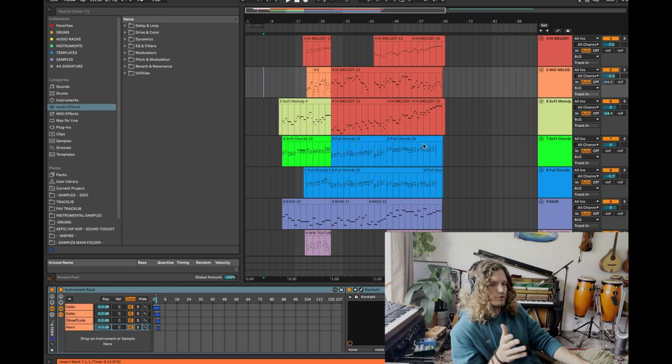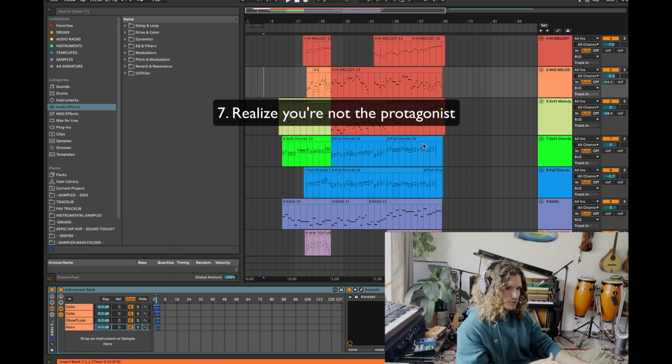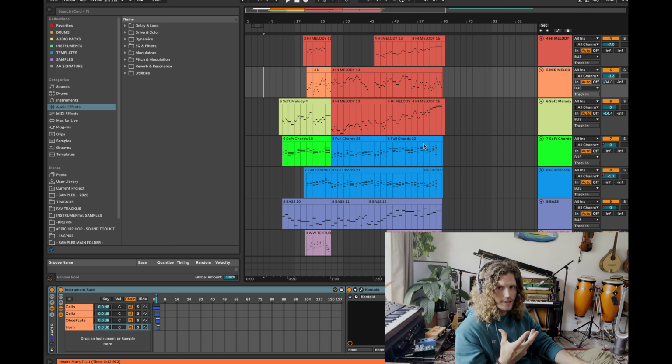Another thing to remember that is extremely important in all kinds of sync and licensing is understanding that you are not the main hero of this story. You're trying to create a track that's going to serve the editor or serve the creator or client in this campaign. So your track needs to be